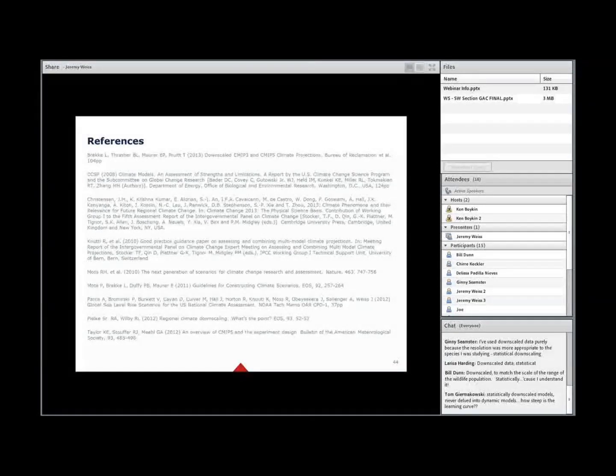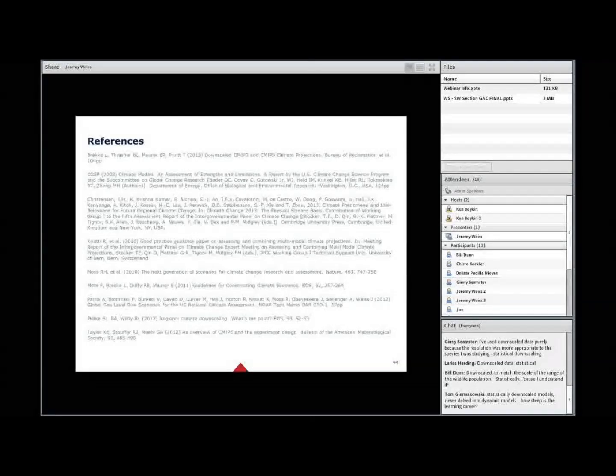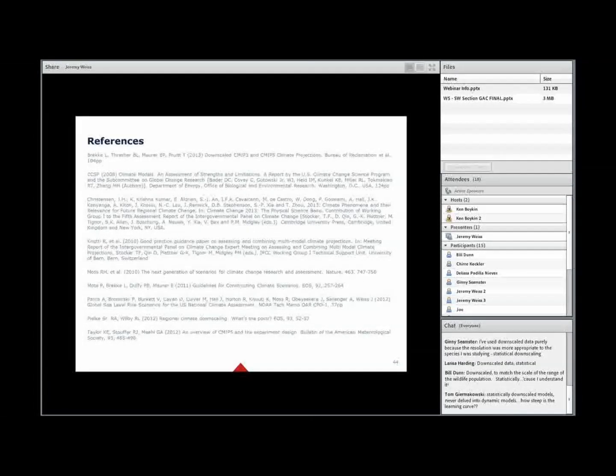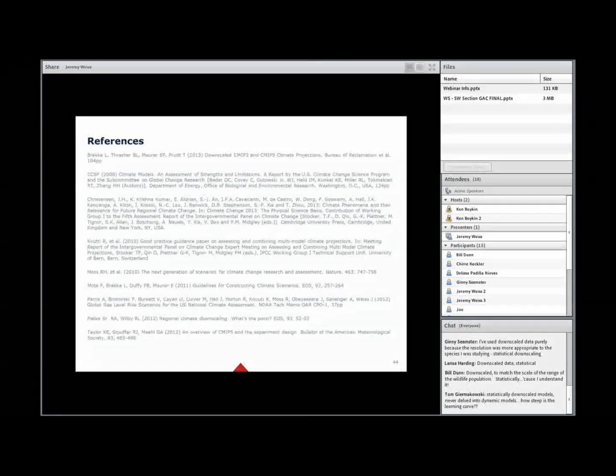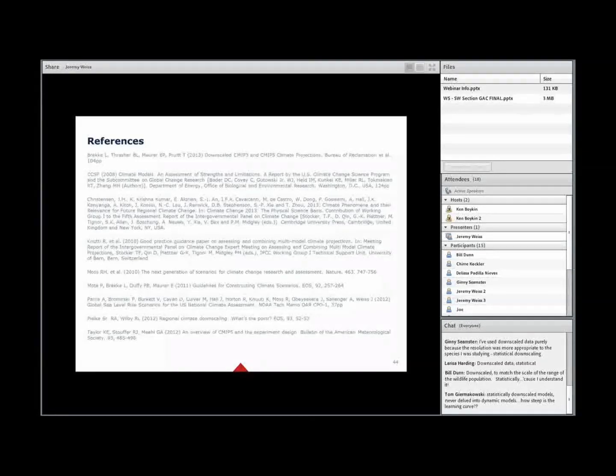But just to hit upon a couple quick points regarding this issue. When it comes to ensembles, one of the strengths is that, obviously, it's going to provide a larger sample from which to draw climate scenario information. Some of its limitations are that it's not designed to systematically sample uncertainties. So some of the time that's referred to as an opportunistic sample.